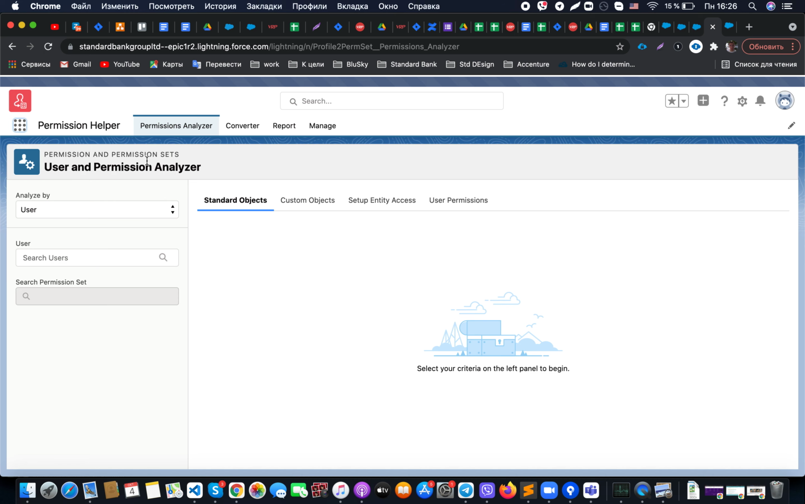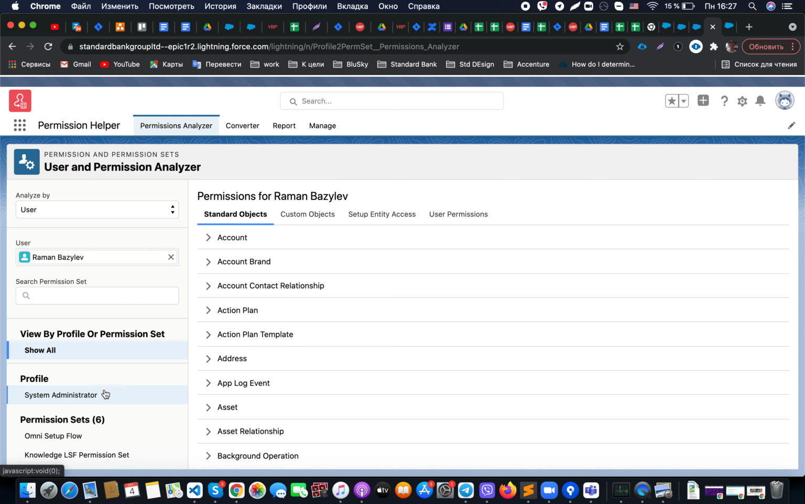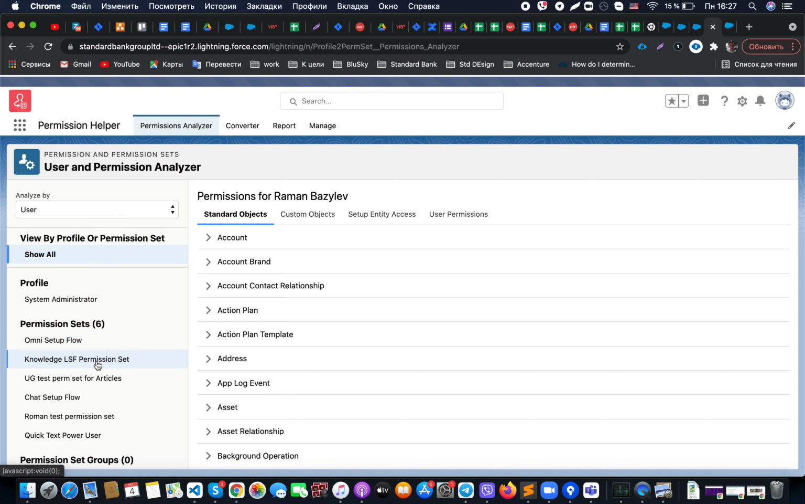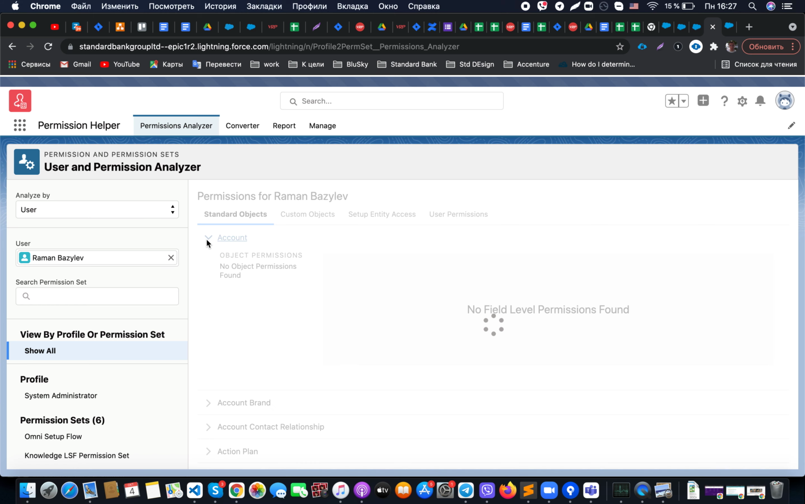When we go there, we will see that first of all we have a tab named Permission Analyzer. From there, when we would like to see what kind of permissions our user has, we could find that user right from there. After that, we will be able to see for that user what his profile is, what permission sets are related, what permission set group is assigned, and for every standard or custom object or setup entity access or user